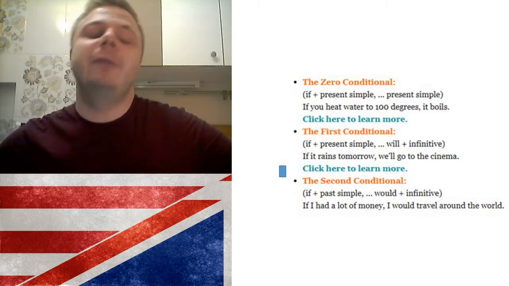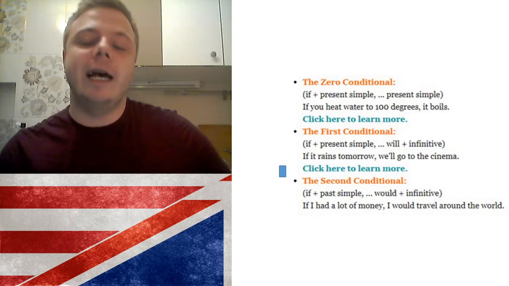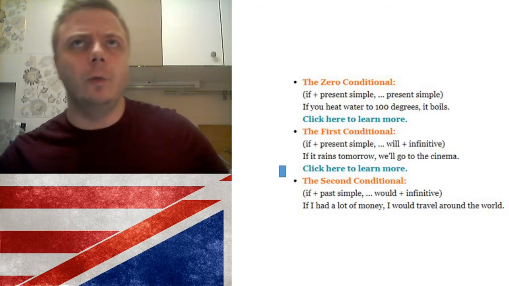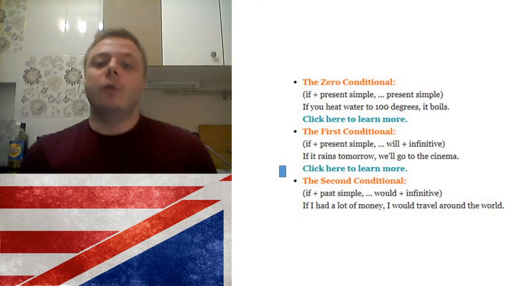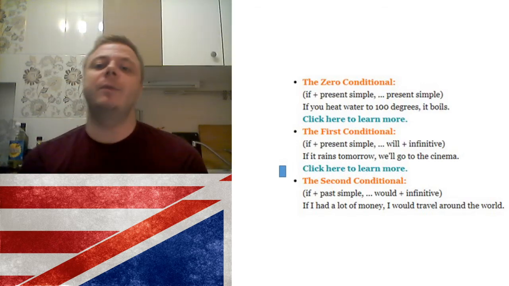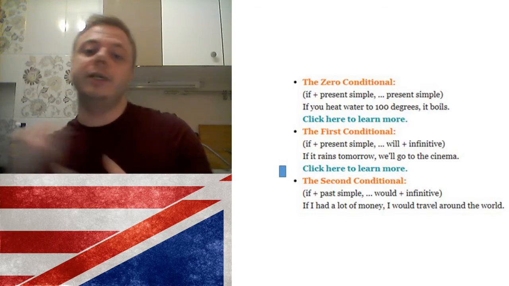In my first example, I said, "if I were rich, I would..." You may ask why I am using "were" here instead of "was." So in normal sentences, when we speak about the past, we use "was" for I, for he, for she,